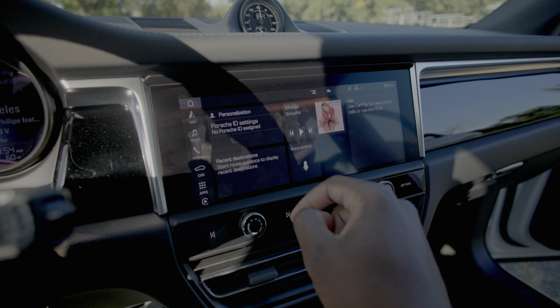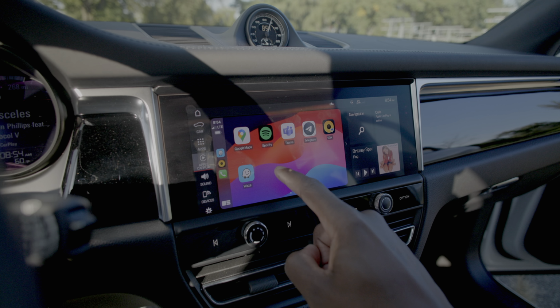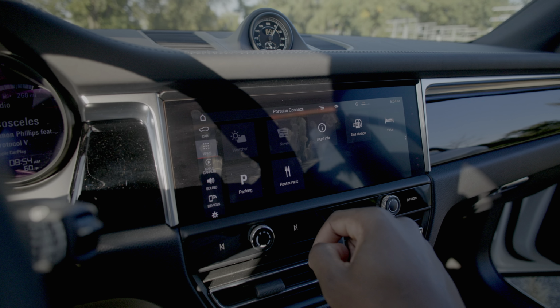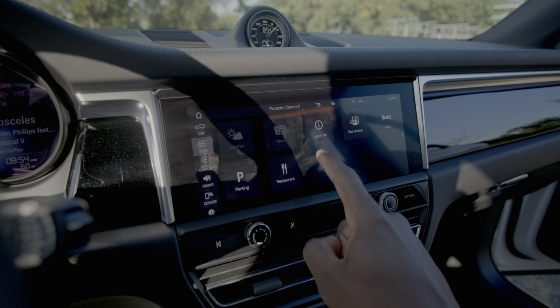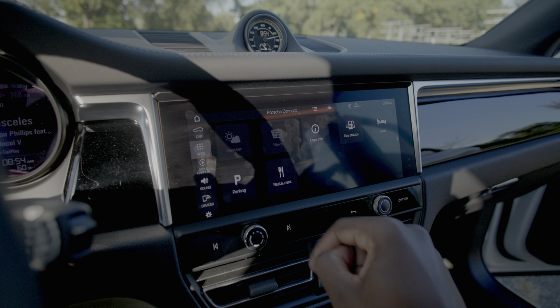So you have wireless Apple CarPlay, which is great. That's a good thing to have and should be a standard for a car like this, but it seemingly can't ever be full screen. You always have these extra media controls on the side. Maybe I just haven't figured out how to get rid of that, but that is something that annoys me because